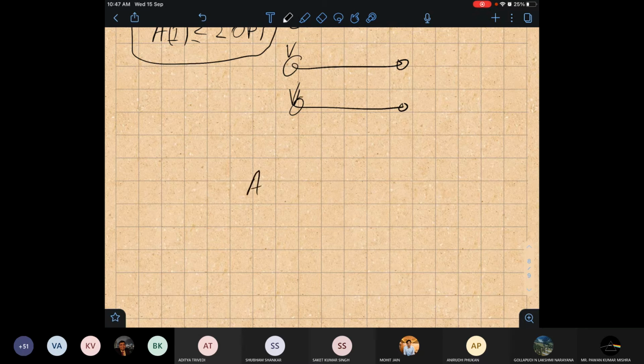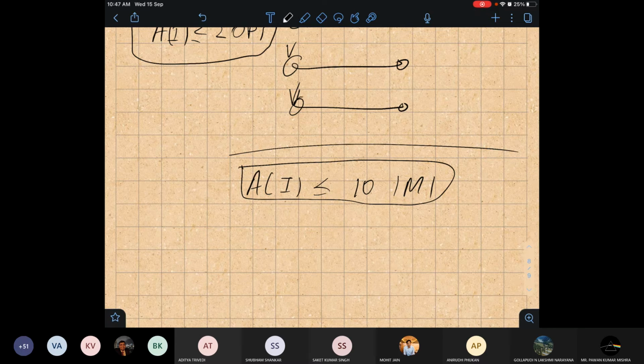Suppose I say I have analyzed it, and I'm just giving an example, my algorithm will always be within 10 times the maximum matching. Then suppose I establish this inequality. This will give me a very bad 10-factor algorithm. This is my incapability of finding these inequalities. I need to find very strong inequalities so that I can ensure a good factor.